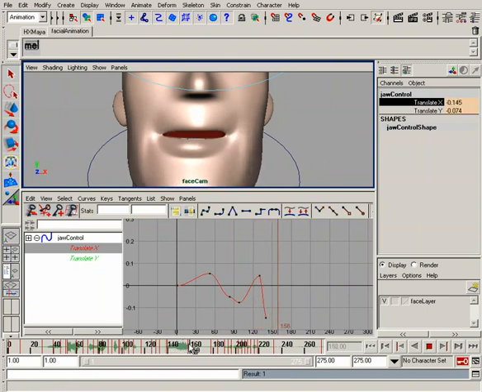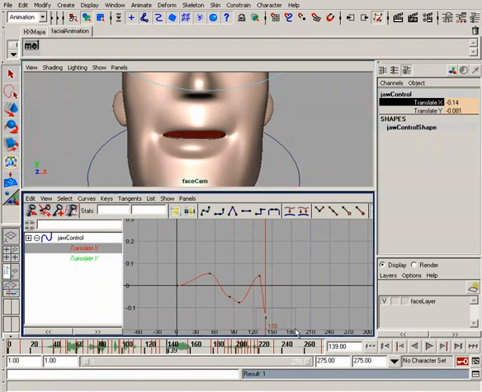And if we look at our graph editor, that movement might be a little bit too fast. So what we can do is select this key on frame 140, hold shift and middle mouse button, click and drag about 3 frames over or so, like that. Okay, and let's continue